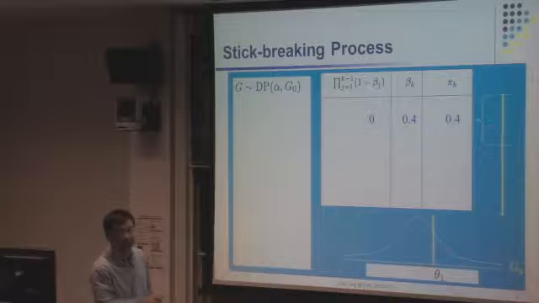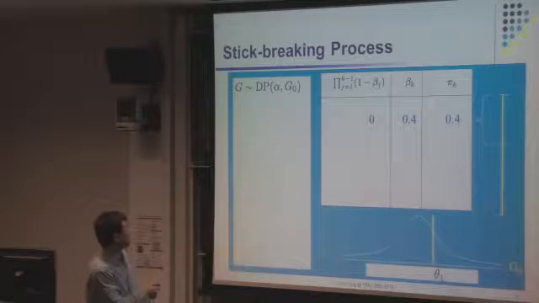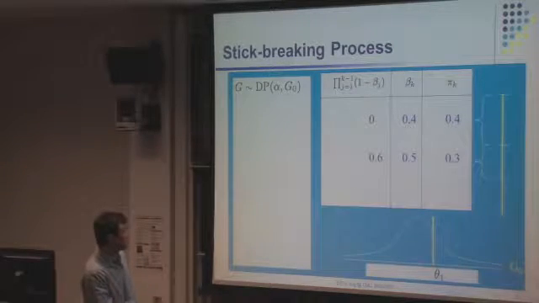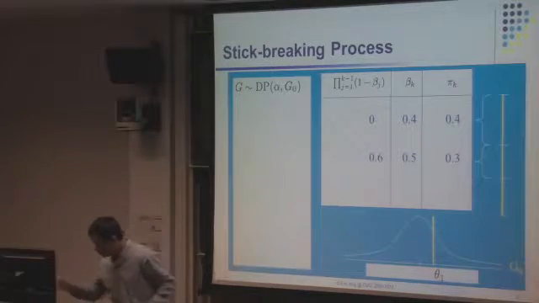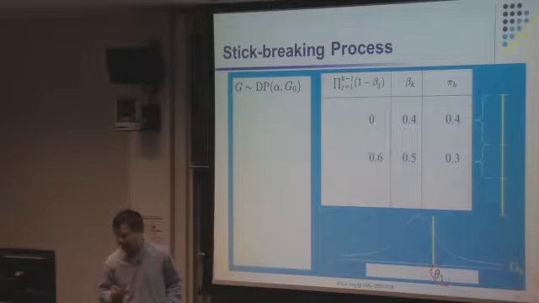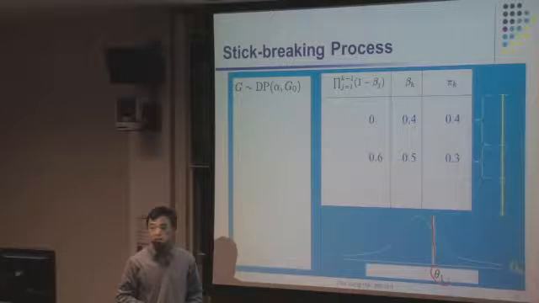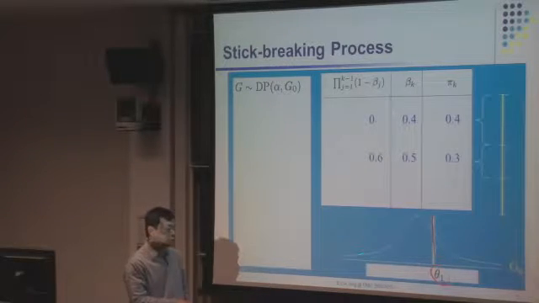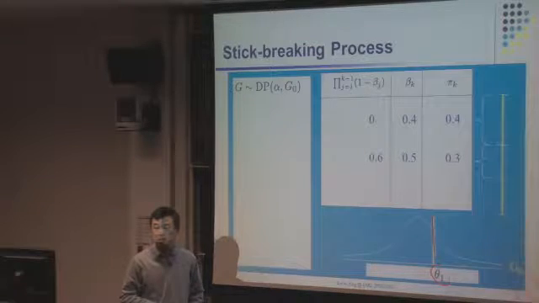And for each of the sticks that you broke from this original stick, you are going to draw a sample from, say, this Gaussian distribution or some other base measure. Then you have this atom and also the weight of the atom. Okay, this is to basically avoid a scenario where you draw an atom, but it has a zero probability mass if you treat the whole thing as a continuous distribution. In here, we are defining a distribution in the continuous space, but with discrete samples. Therefore, each atom has a non-zero mass. Okay,